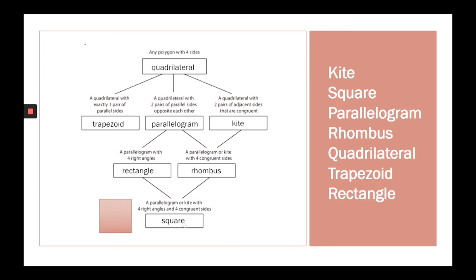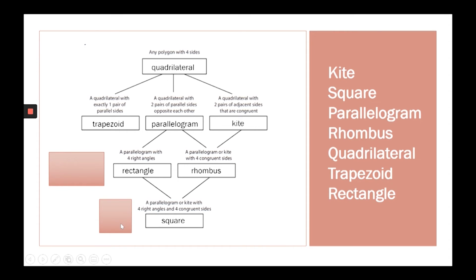Okay, let's take a little bit of a closer look really quick at some of these shapes. Here we have a square, and you can see it has the 4 right angles, and then all sides the same, 4 congruent sides. Now, what about a rectangle? A parallelogram with 4 right sides, and up here we see that a parallelogram is a quadrilateral with 2 pairs of parallel sides opposite each other. So that means opposite, opposite, those are parallel. Opposite, opposite, those are parallel.